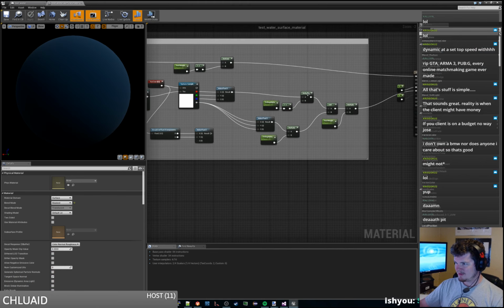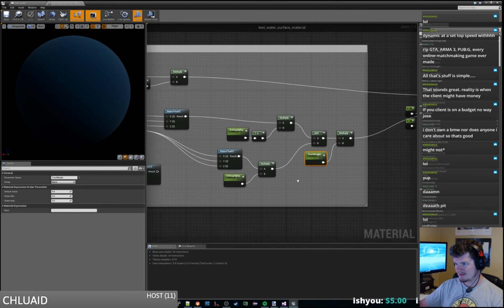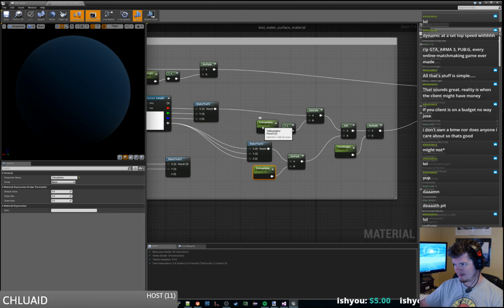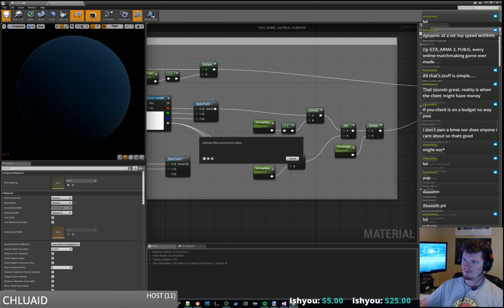Anyway, back to actually doing things. So our test weight is going to be in here. That's going to be multiplied out. We need the debug alpha variable to be set, and the debug alpha needs to be a little checkbox here for me. So we're going to go into our test water